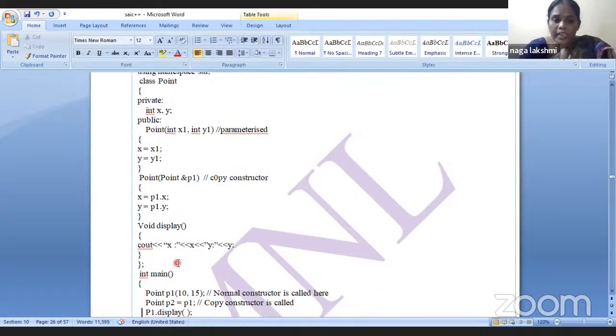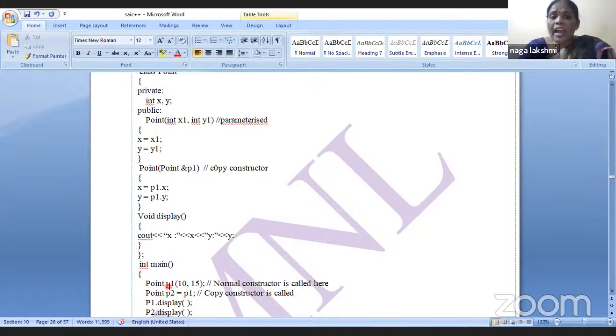You ignore that. Here I have created the main function, as my class name is Point. So I have created an object P1. Under P1, what are the variables I have passed? I have passed 10, 15, and here, with this 10 and 15, what I am doing is Point and